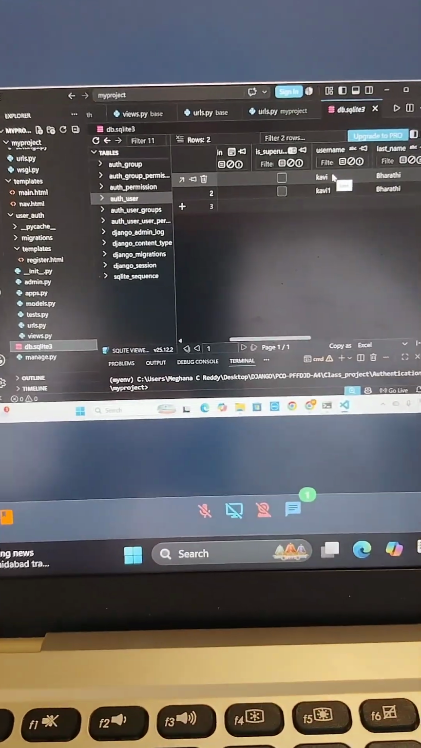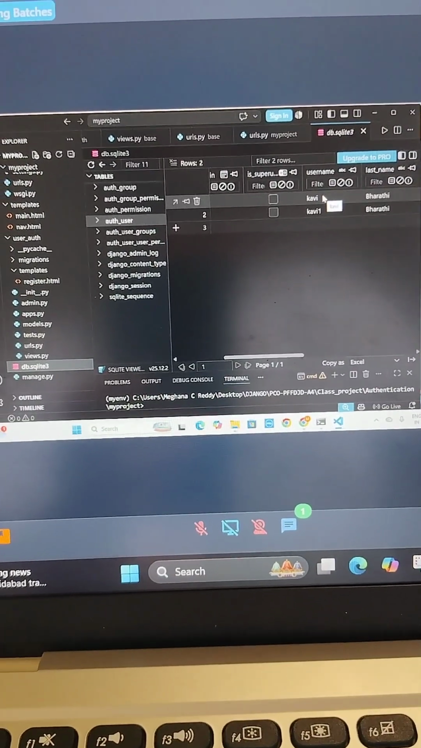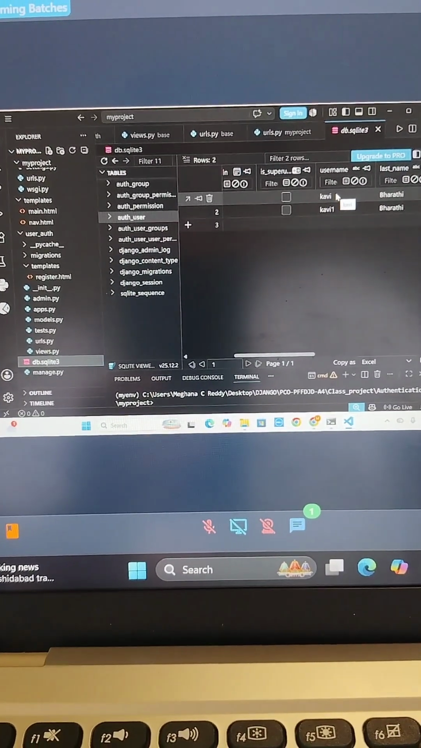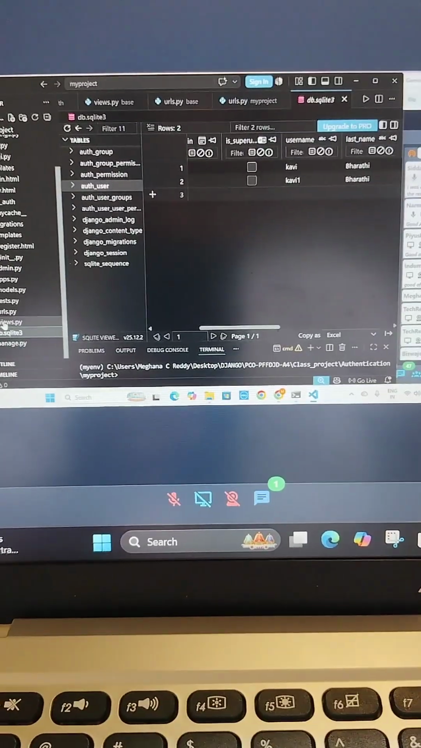Like that, I need to drop a message. After that, if the username is not present, then I need to allow the user to create the account. So what we have done,